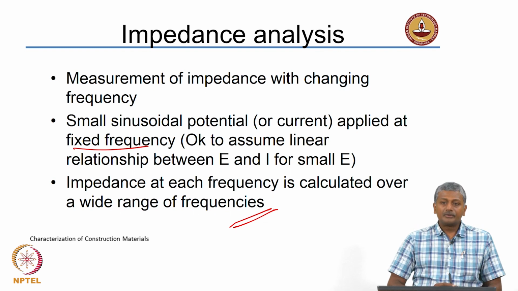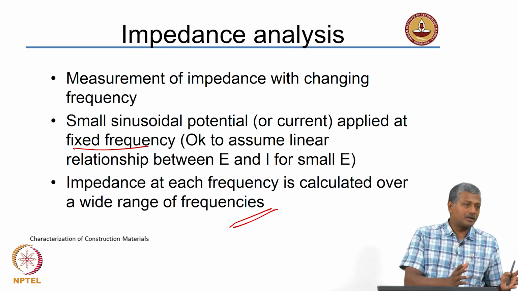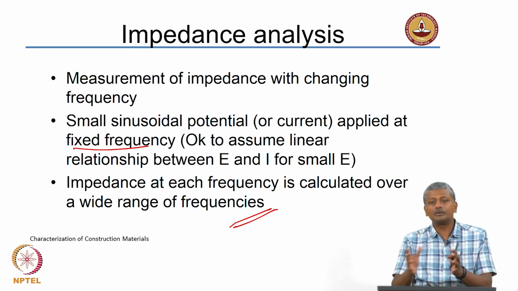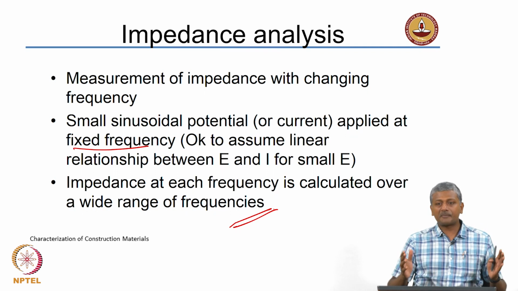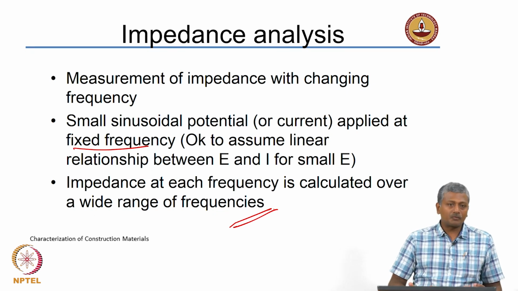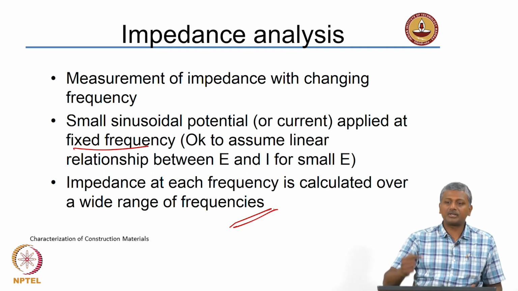Okay. So, what are we doing here? We have a system which is either fully conductive or fully insulated or partially conductive, which can be subjected to a potential difference which is given through an alternating current. And then what we are simply doing is changing the frequency of the alternating current and measuring the impedance value